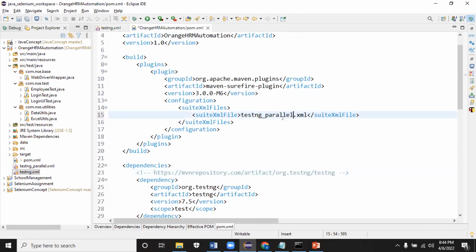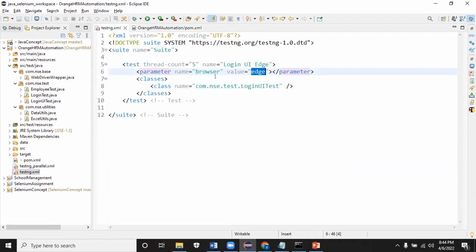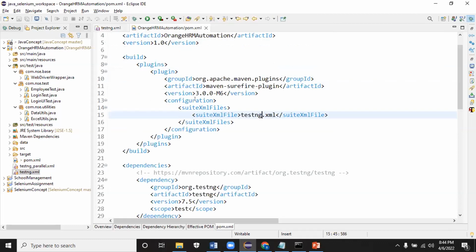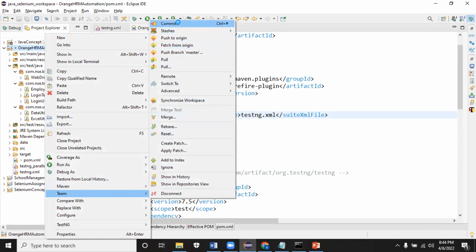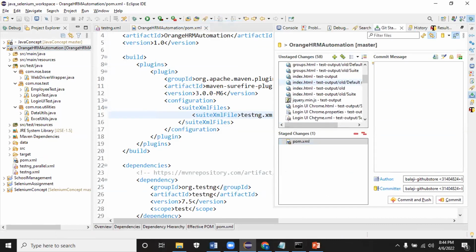But I'm informing it to use test_ng.xml. In test_ng.xml, I'll give the value as edge. Only this class I have configured, login UI test. So it should trigger that particular test method only. I've added the build. Now let me go to commit in pom.xml.